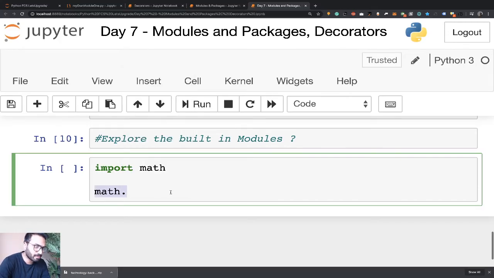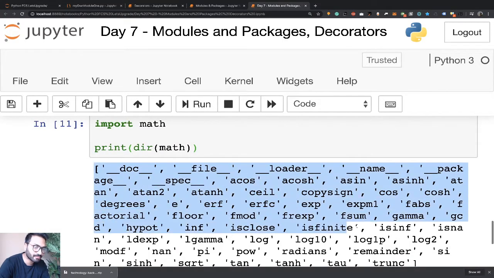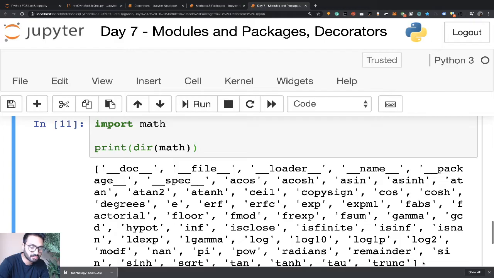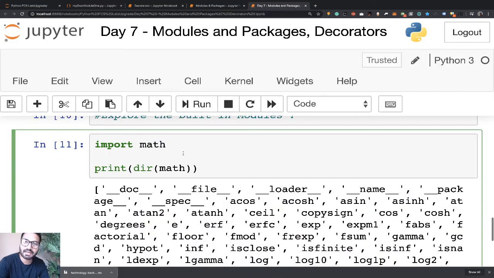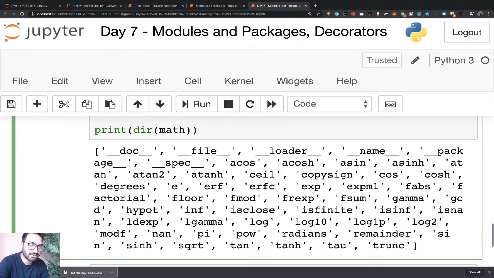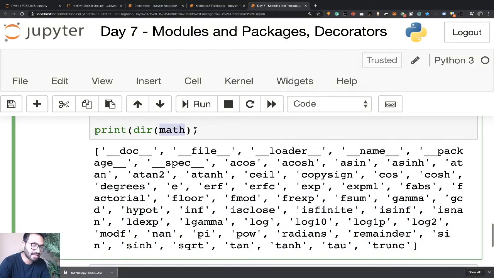Okay, so if I want to print all of them, like what all there is in math, so math, dir, right, that's what it will give you: all the documents, all the folders which are there in math. So math is nothing but a folder name. Inside this folder, these many py files are there. So instead of this math, if you put your own